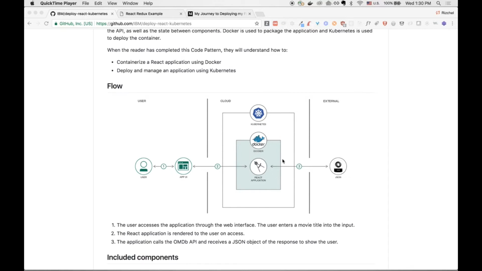So as a user, they go to this application's UI. Specifically, it's using an API to get movie information. So the user enters a movie's title. It goes to that React application, which then calls the API request, and a JSON object gets returned and back to the user. And as you can see, we containerize the application using Docker